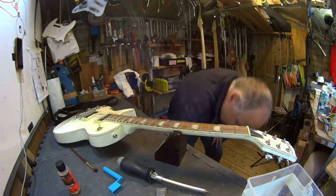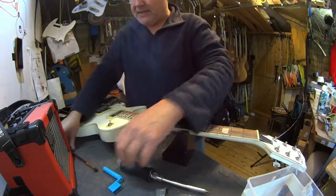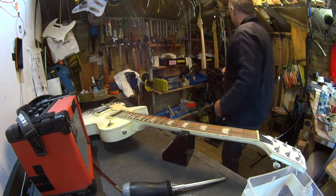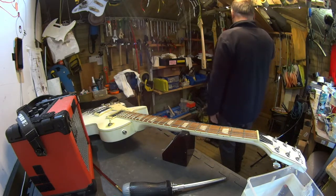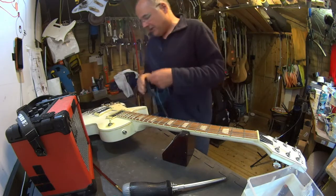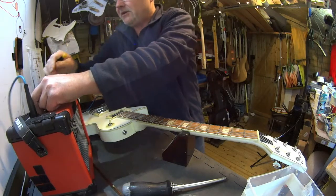I'm going to get the tuner out for this. Even though these are crappy old strings, it strikes me right now that this is ringing slightly sharp, and I want to make sure before I go any further that we will eventually be able to intonate this, because again, it's one of those things that if all else is equal, we don't want to go down the road of